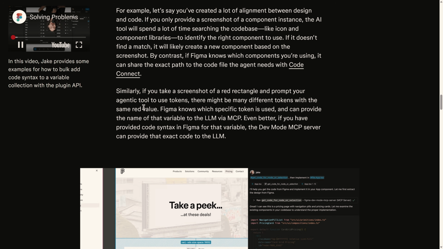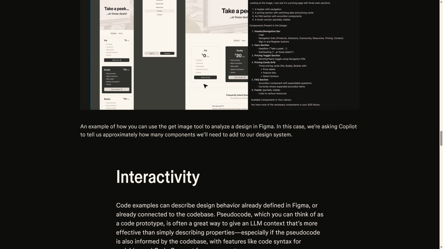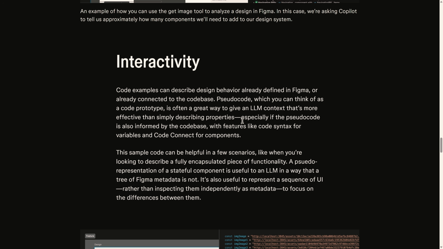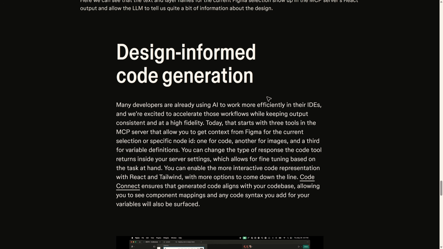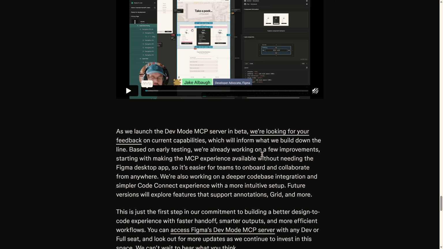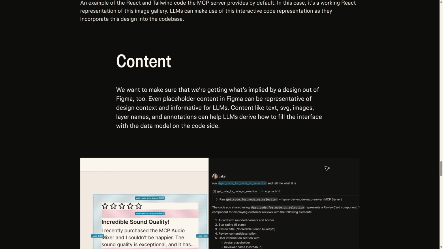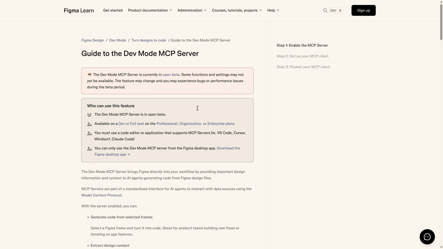As I said, I was a little bit lazy to read through these things, but I have some general understanding of what is going to happen when we use this MCP server. But if you would like to learn more, just make sure to read this page. And for learning how we can use this MCP server, I will leave you another link in which you can find the instructions for enabling the MCP server within Figma and how you can use AI to basically connect your AI model to Figma.